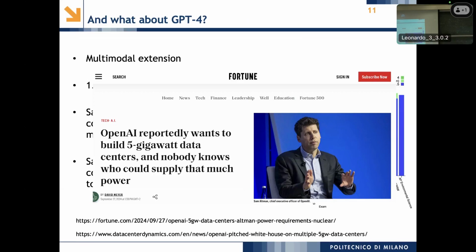Gigawatt is what you achieve plugging directly to an atomic power plant. Okay, that's what we are talking about. A gigawatt data center is the capacity, the power consumption, of all data centers located in Virginia. And usually in Virginia you have some cheap virtual machines because they are based on brown energy. Okay, they're not green energy. Green energy, unfortunately, is expensive.